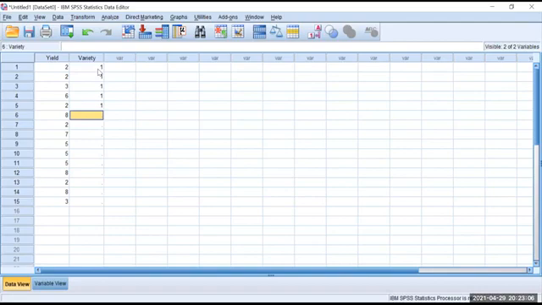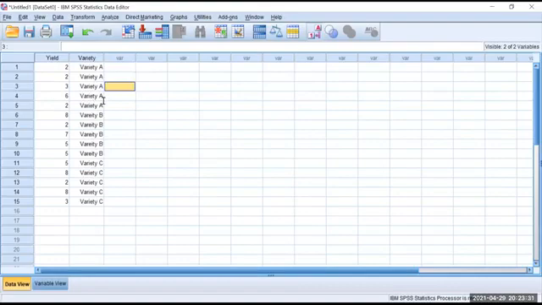Second 5 data belong to the second variety B. So 22222. And then the next 5 is third variety, 33333. Now after entering the data, you enable this value label. You click this value label, automatically this variety will be changed. Now you can cross check that along with the given data. So the first 5 samples talk about variety A, second 5 samples talk about variety B, and the next 5 samples talk about variety C. Now this is the way how you can enter the data in the data view.